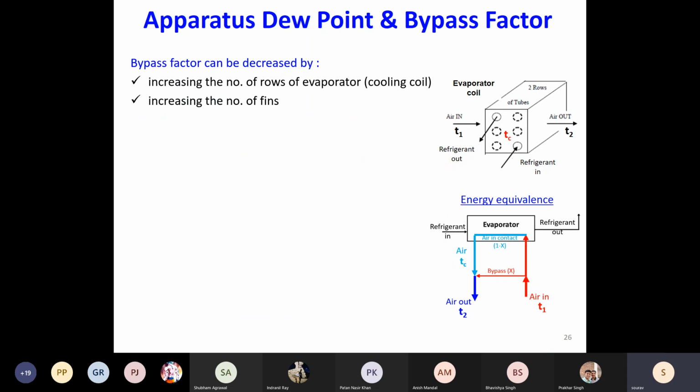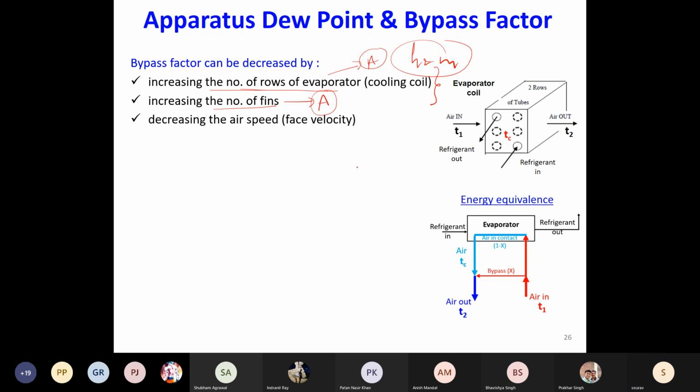And we also looked at the factors which affect the effectiveness or bypass factor, whichever way you want to call it. These are basically the heat exchanger design: the number of rows of the evaporator coil, how many rows you have provided, and what the fin pitch is. If you have closely spaced fins, you will have more fins in your heat exchanger, which increases your area. Increasing the number of rows of the evaporator also increases your area. If you have a large heat and mass transfer area, that is going to increase your effectiveness. You are going to go very close to your coil